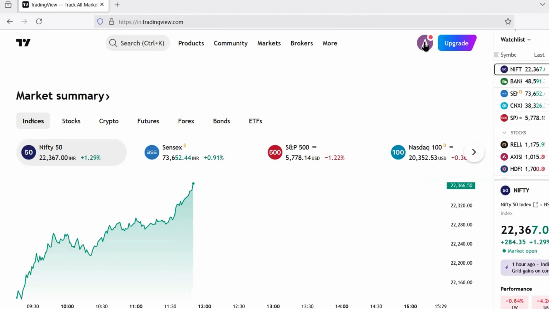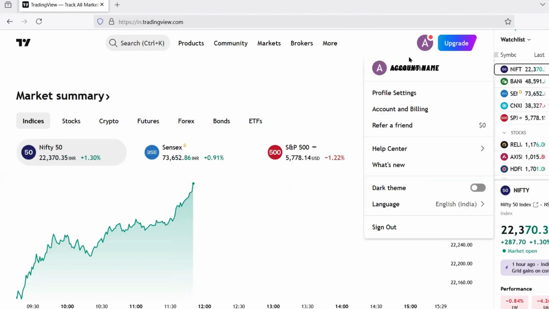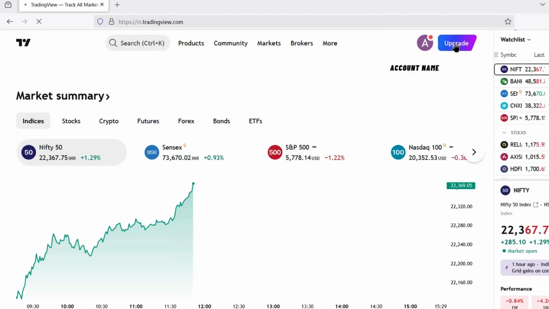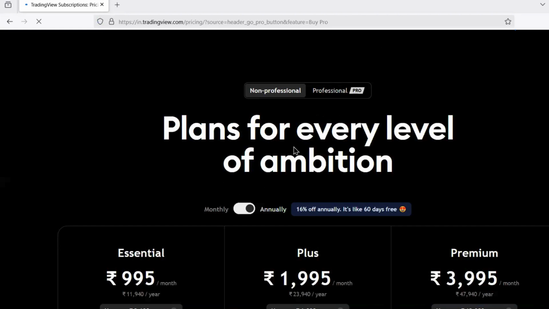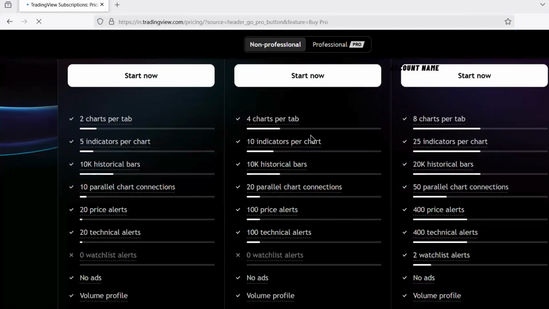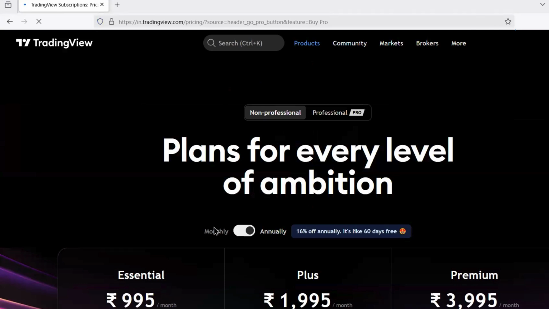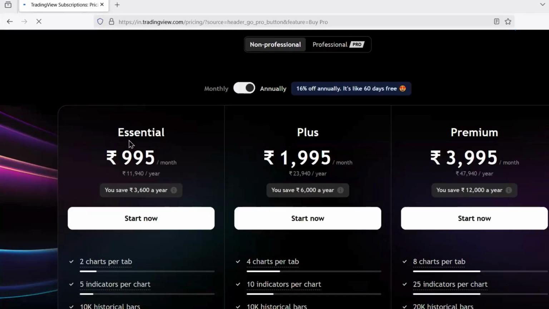So I am already logged in here, and this is a free account. Okay. So you can use this as a free account as well. And if you want to upgrade, if you want to use the advanced features of TradingView, then you can upgrade it. And these are the different plans of TradingView.